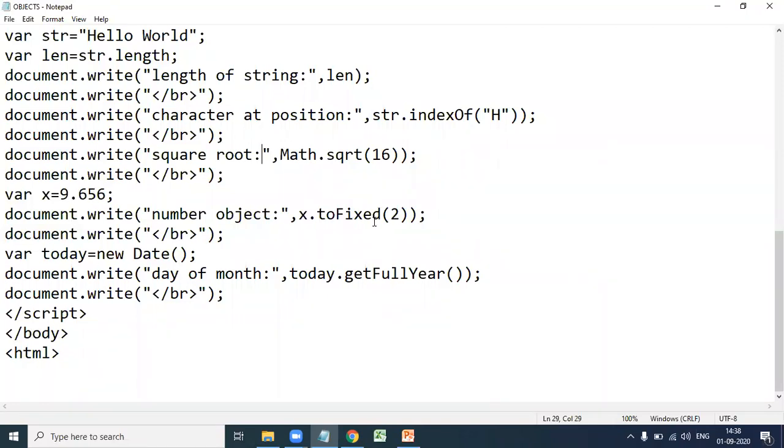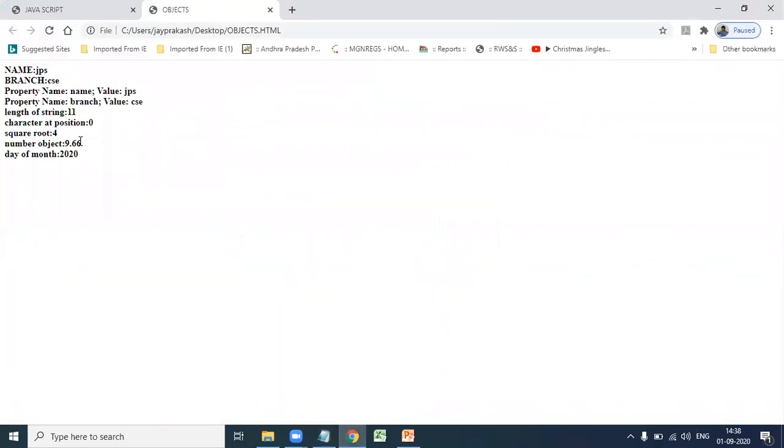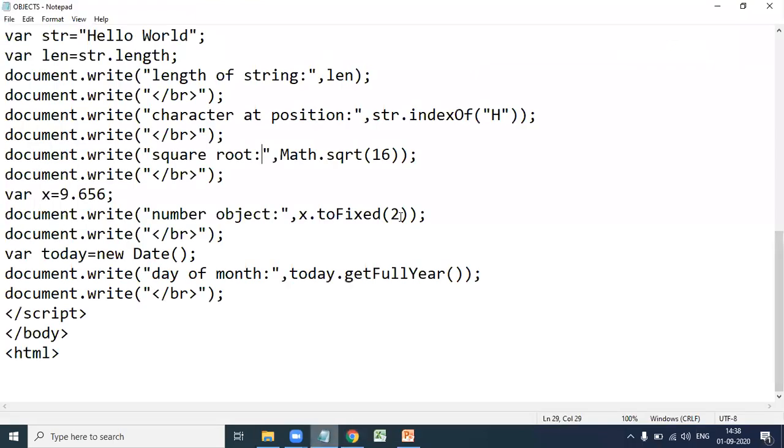So x.toFixed of 2, what is the value? Here 9.66, rounded to two decimal values. If you give toFixed of 4, it is rounded to 4 decimal values. See here 9.6560.